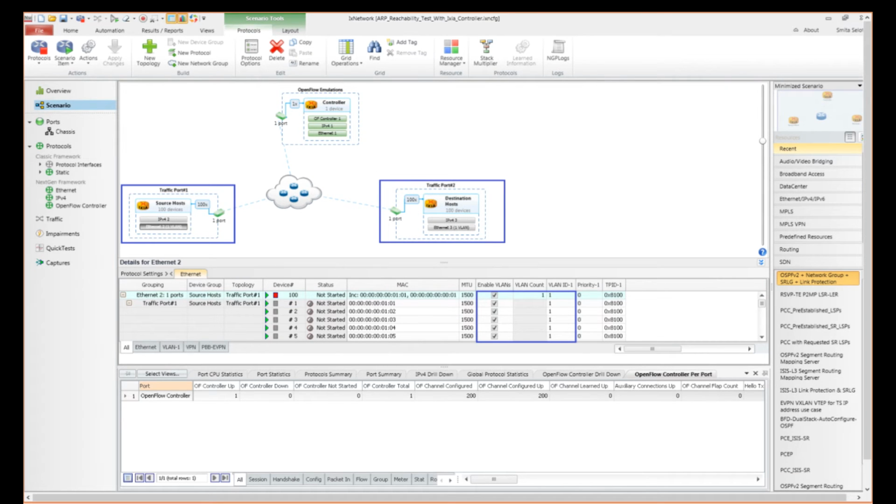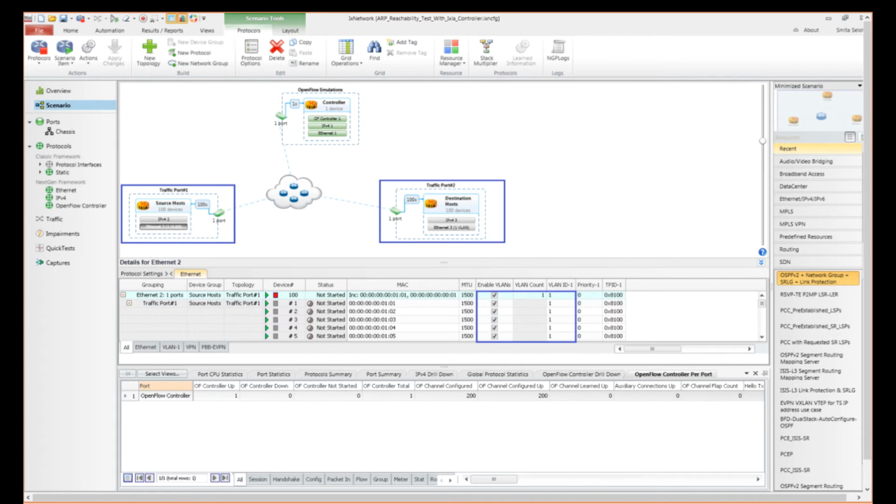The next step is to configure Ixia source and destination ports. The source hosts are configured on VLAN 1 and connected to switch 1. Similarly, destination hosts are configured on VLAN 3 and connected to switch 3. Users can also configure distinct VLANs for each source or destination host. To keep the flow configuration simple, we have only configured one VLAN for all the source hosts and one for